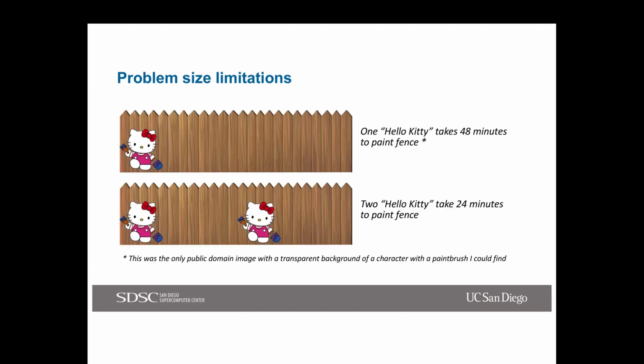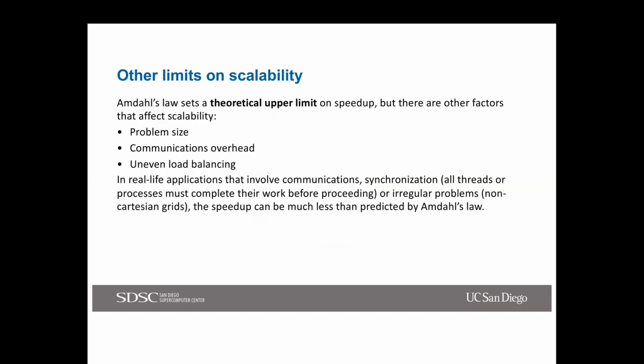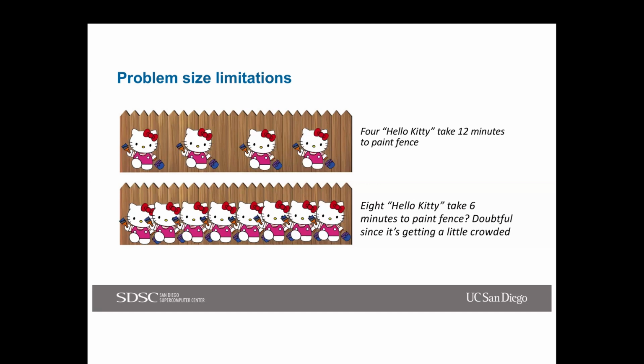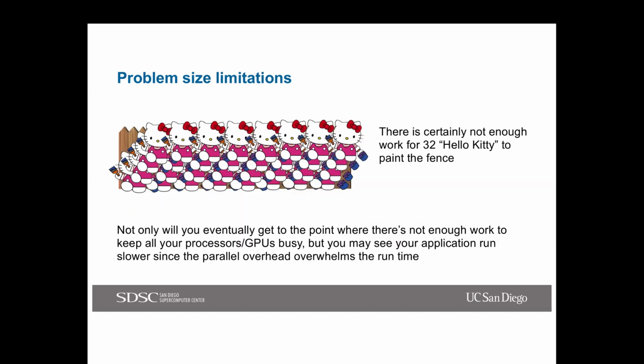And so he has some diagrams here with Hello Kitty that illustrate some of these issues, and I think this is the first one, in terms of problem size, where even if you were to start assigning more and more processes to the same problem, it's not necessarily just that. Even if the code is well parallelized and you have large compute nodes like on Expanse with 128 cores per node,